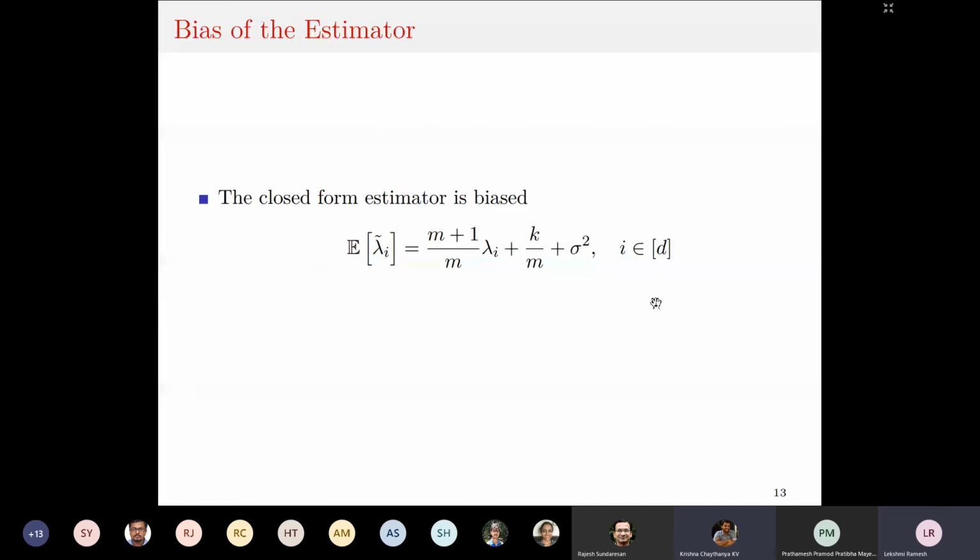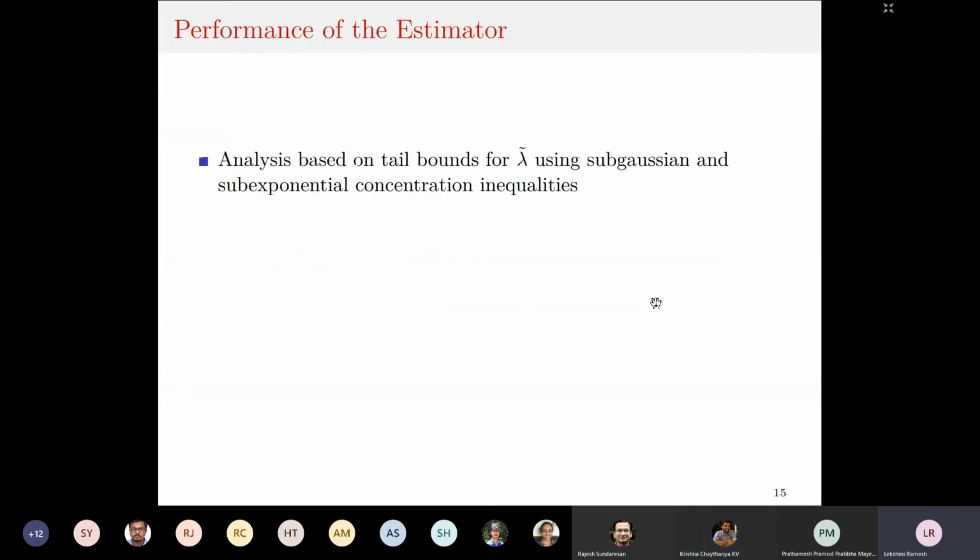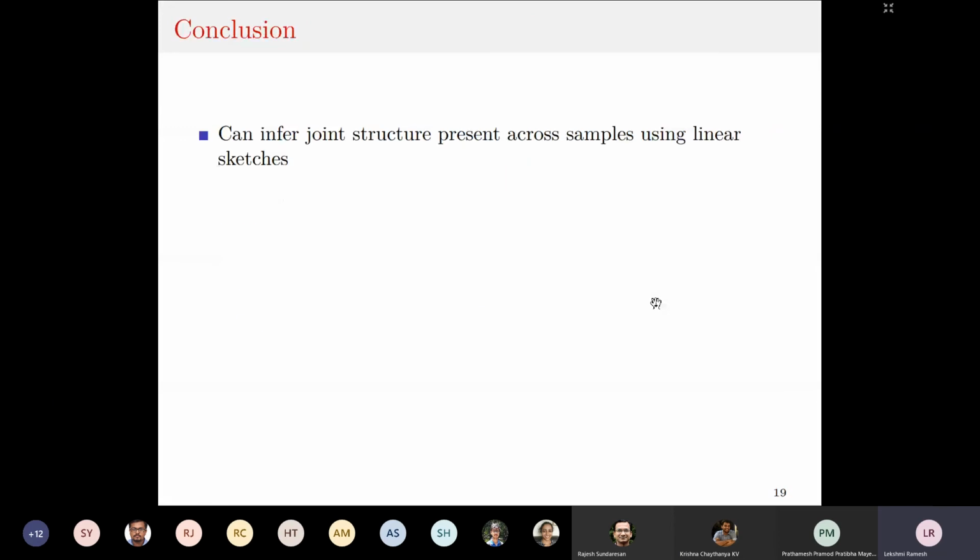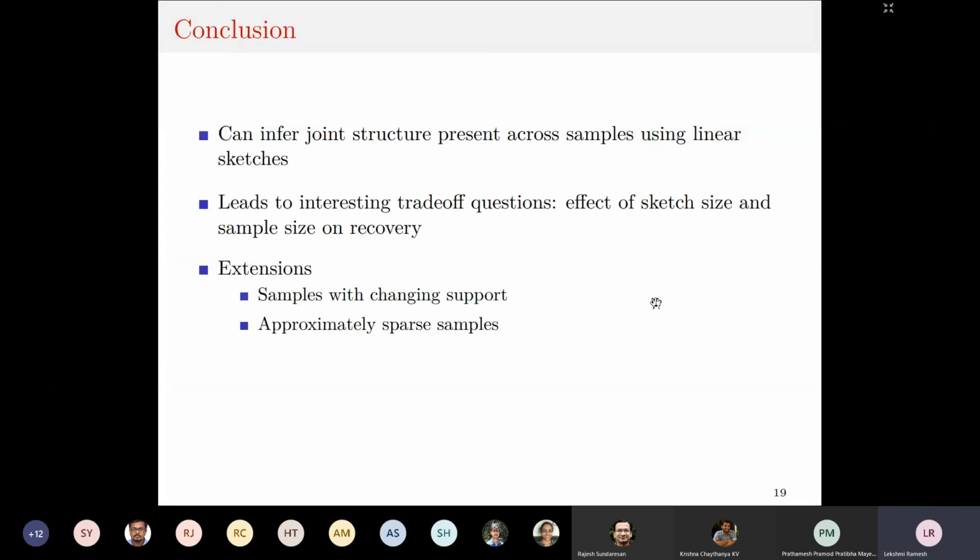That's something we are looking at now. I can tell you, for example, for this model, you can assume that you have these n samples, and there is a small set of allowed supports that the samples can take. In the very simple case, let's say there are 2 allowed supports. So every time you draw a sample, it can take one of those 2 supports. Then you look at the projections of the samples. There are 2 unknowns here. First, you don't know which support was drawn for each sample. And the second unknown is that you don't know the supports themselves.